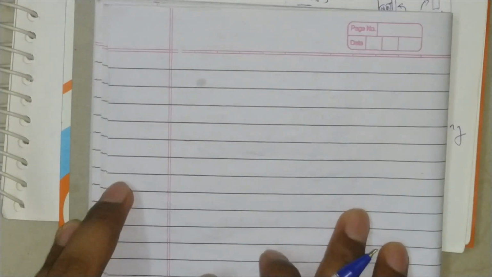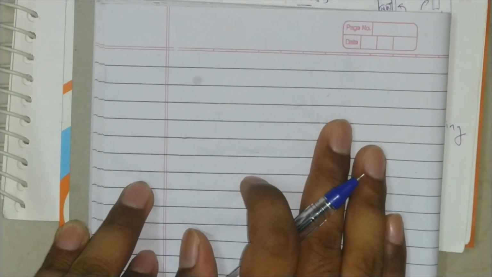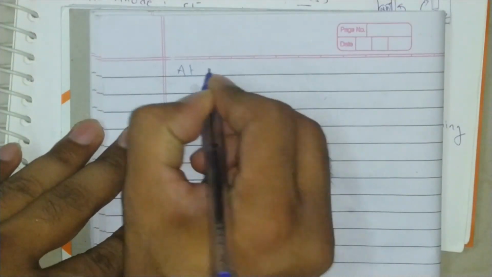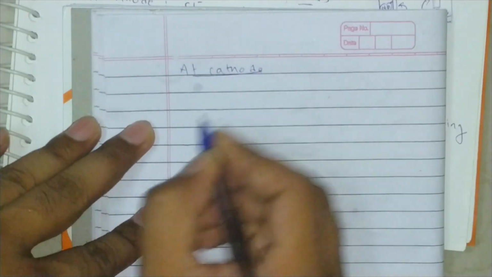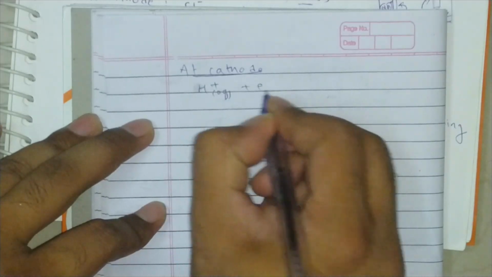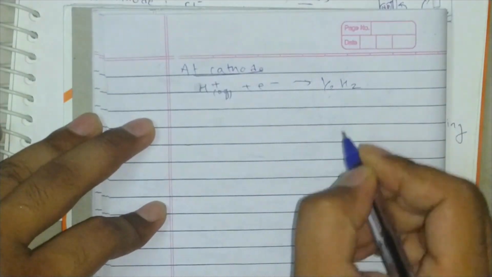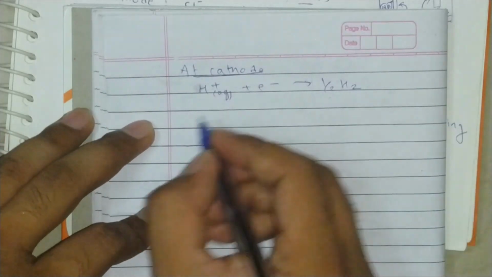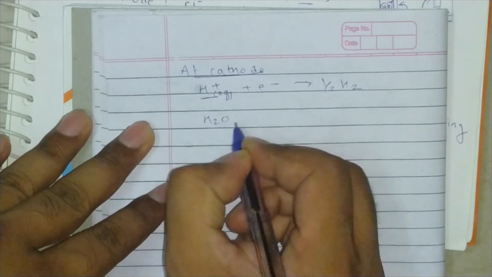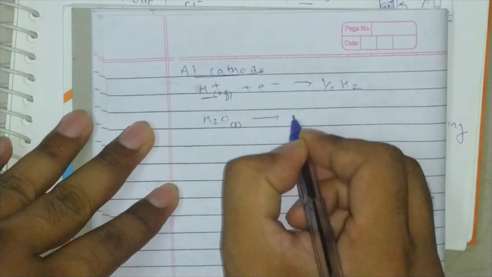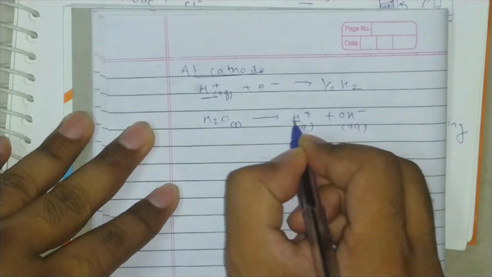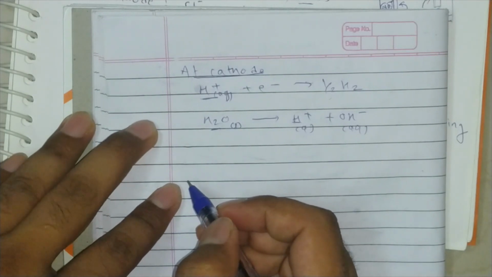तो अगर हमें ओवरऑल रिएक्शन लिखना है for electrolysis of aqueous NaCl solution, so what we get is at cathode there is formation of hydrogen gas. So H plus ion aqueous plus 1 electron will result into formation of half of H2. Correct? Now this H plus ion is obtained from water. H2O is converted into H plus plus OH minus ion. So this H plus ion is obtained from water actually.